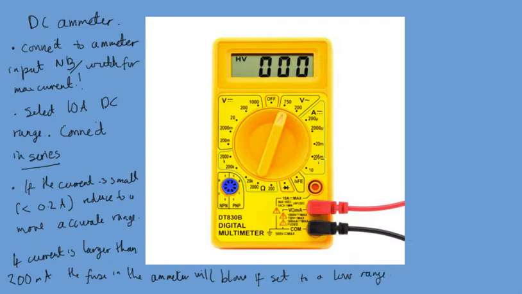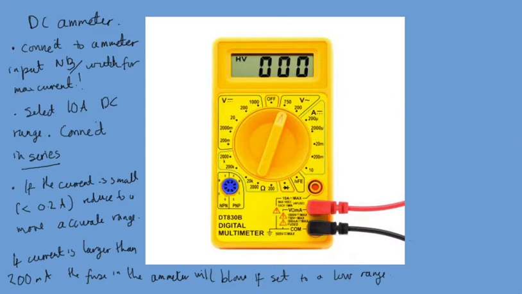So say you've got a 300 milliamp current and you go down to one of these low ranges, you're going to break your multimeter, so just be aware of that. So that is multimeters, and they will allow us to now really investigate what's going on in circuits and how